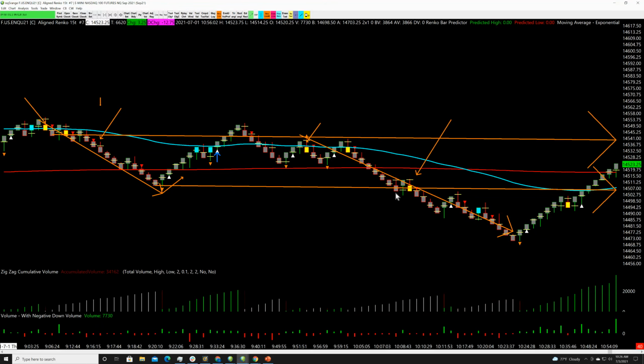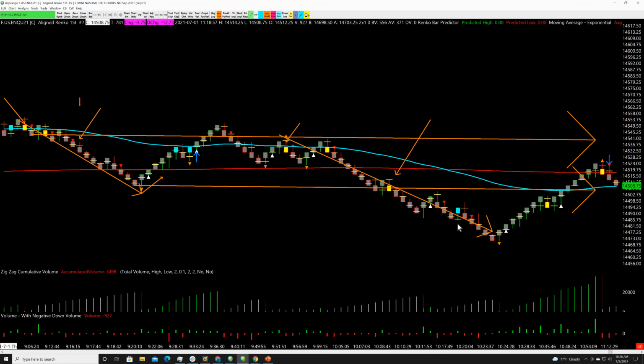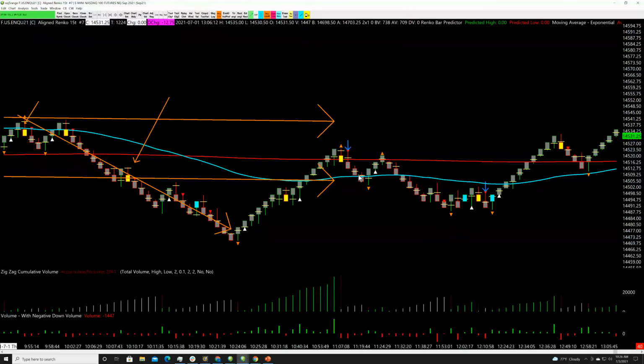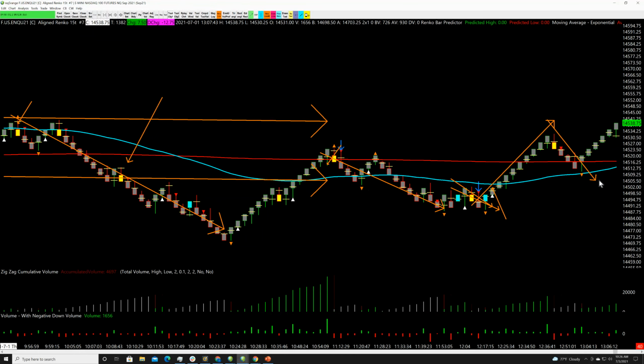You'll notice you didn't get any speed bar triangles up through here to trigger you long. And if you pushed out just a little bit further, again, speed bar triangle down, again, that full extension just paid you. Again, that's another 30 points, right? This one would have stopped you if you took it for continuation, but it triggered you back the other way. Speed bar triangle down, speed bar triangle up. That's why it's important that you take your trades in series as they come along.